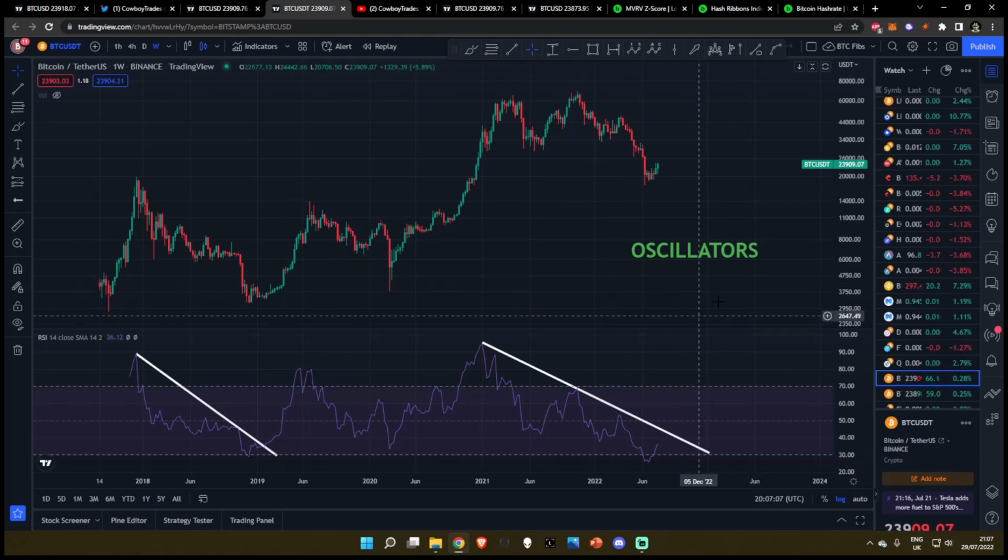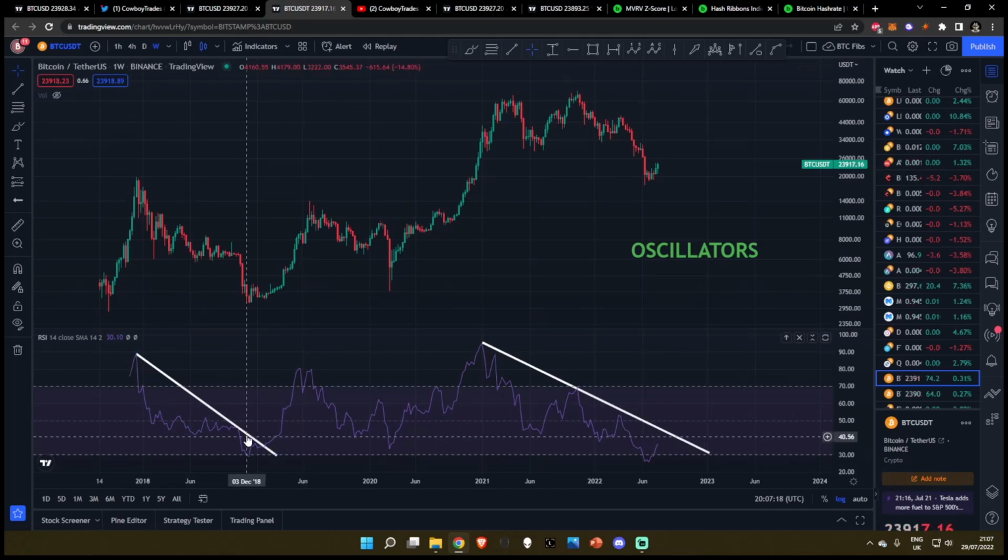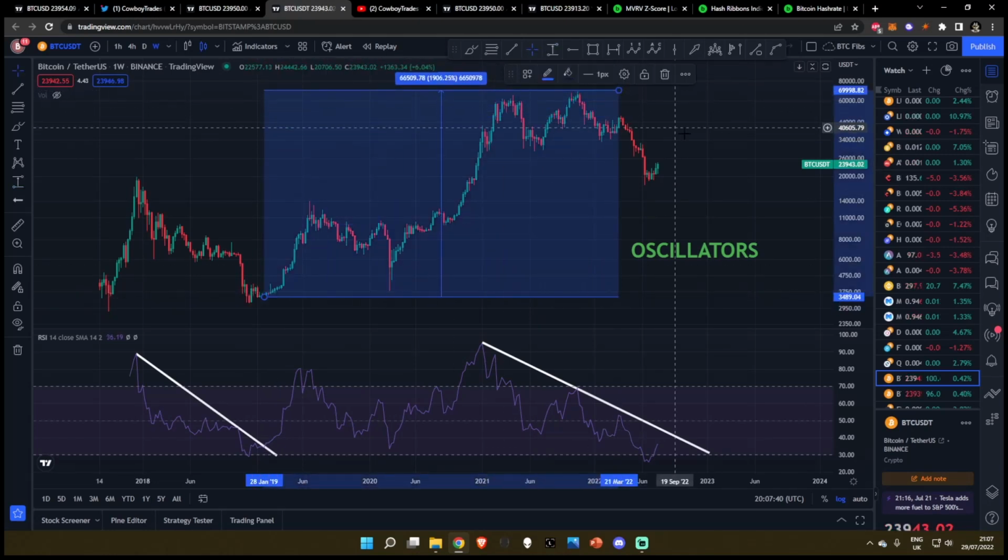Now, let me just show you how historically beautiful this has been, categorically calling the bottom for Bitcoin. Back in 2018, Bitcoin was in a bear market, right? You can see bear market in price action, bear market in the oscillator. What happened when Bitcoin broke out of the oscillator? It broke out on the 28th of January 2019, when the Bitcoin price was sitting at 3,400. The bottom was only down here at 3,200, so you really didn't miss out too much if you simply waited for that breakout of the weekly RSI. What happened when you had a breakout from the weekly RSI? You went up